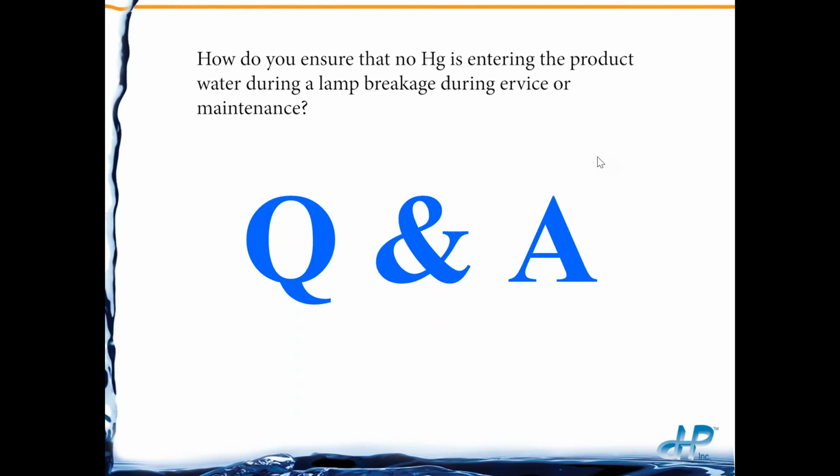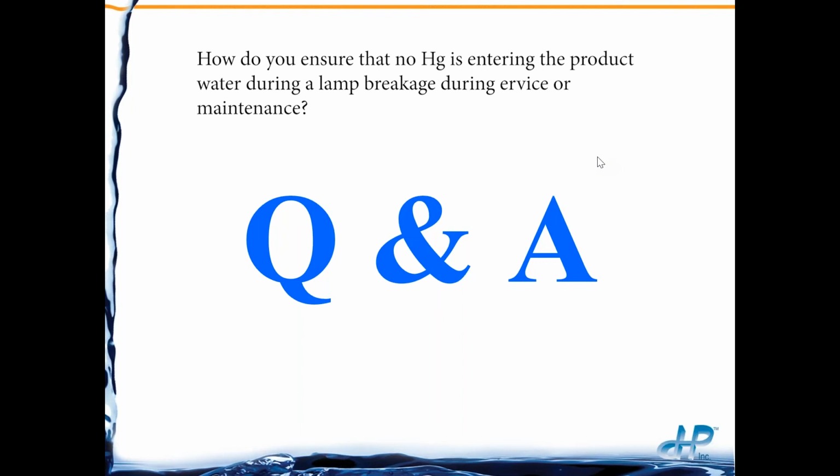Those types of processes are often left to the third party, where it's not something that we would provide, but certainly there are methods to get around that to make sure that if there was a break, you could signal that there was a break, whether it's an alarm from our UV system saying that something happened, so that you could divert flow or take appropriate measures to make sure that none of that contaminated water was getting